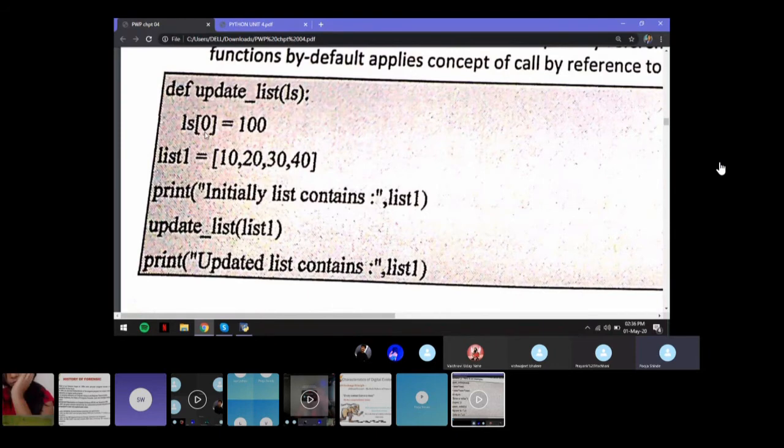Now you finished with that function definition, so you're starting with the main program. You initialize a variable called list1 and give it values 10, 20, 30, 40. Now you're printing the initial list itself. Now you're calling the function update list and passing the entire list, list1, into the parameter. And then again, you're printing the updated list.